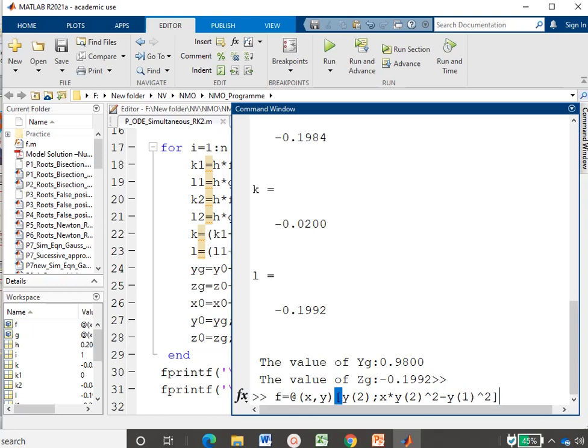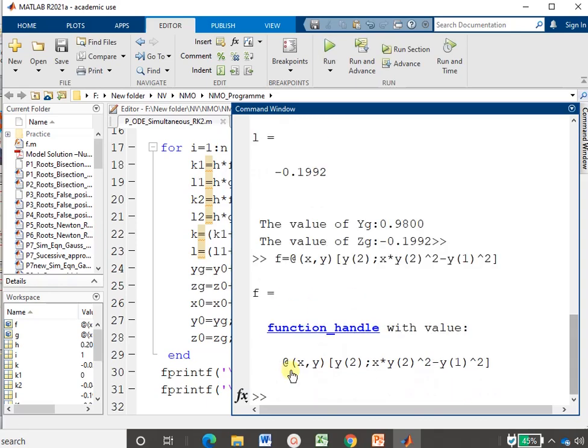Then complete the square bracket and hit the enter key. So you can see here the function is defined and it is assigned to variable f.